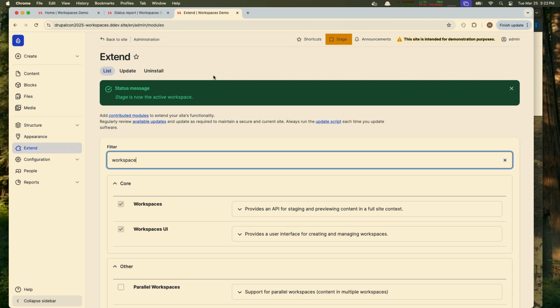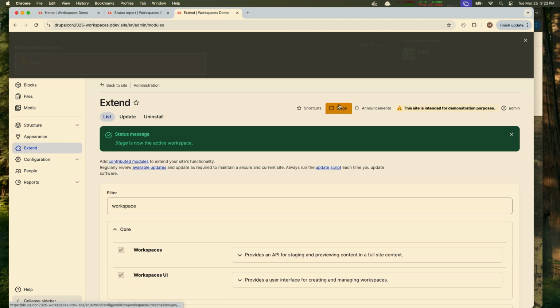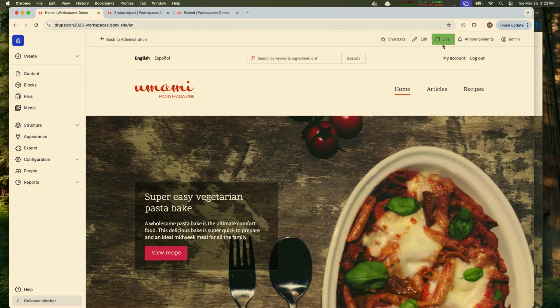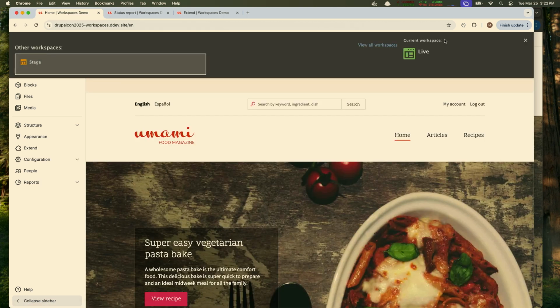When you enable the Workspaces module, you'll notice here at the top, there's a new button, Stage Live. Let me switch to this view. You'll see this button at the top. This is your shortcut for jumping between workspaces. By default, you're in the live environment, and when you install the Workspaces module, it creates a single workspace for you called Stage. Now, to manage your workspaces, the shortcut is this toolbar here at the top that shifts down,